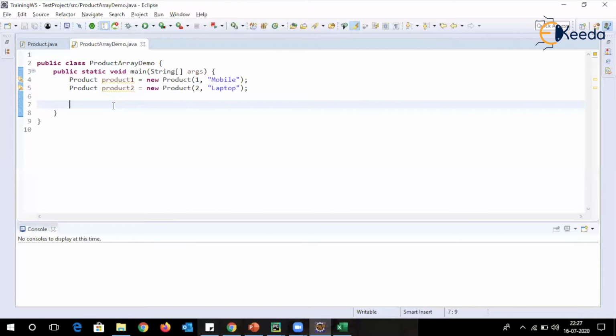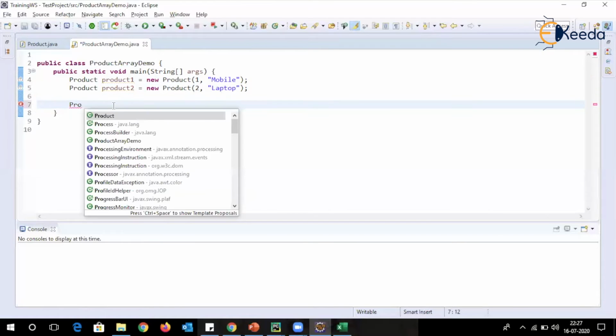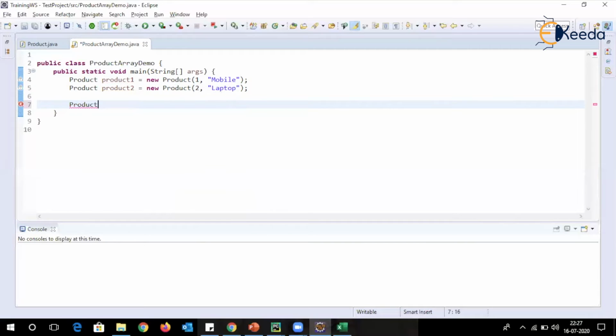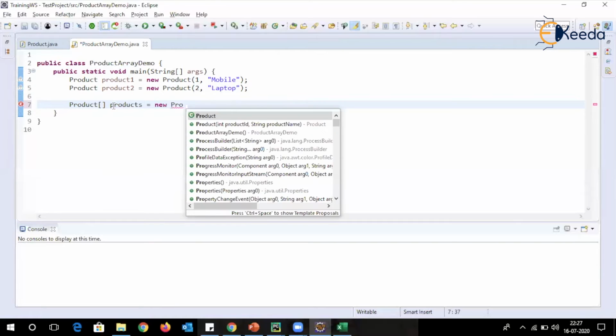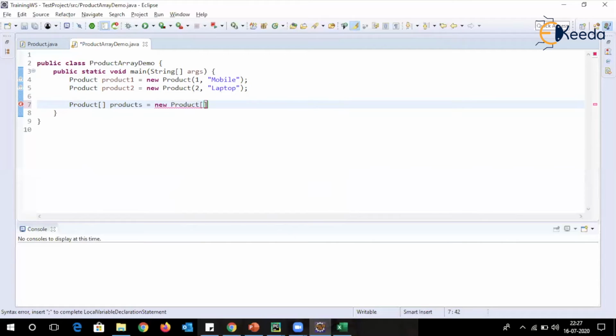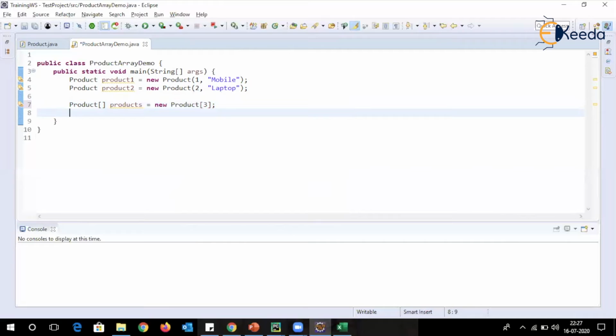So here I'm going to create an array, products equal to new Product, and I'm going to specify what all products I want to store in this. So I'm creating an array of type Product where each element will be able to hold a Product type